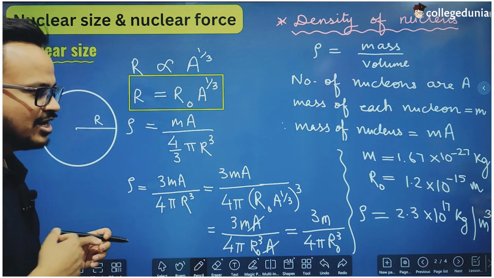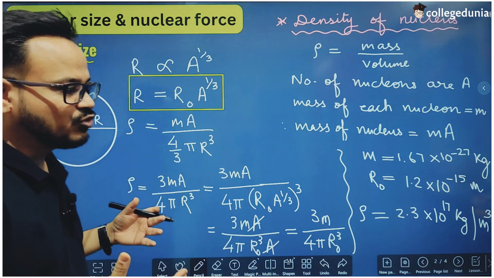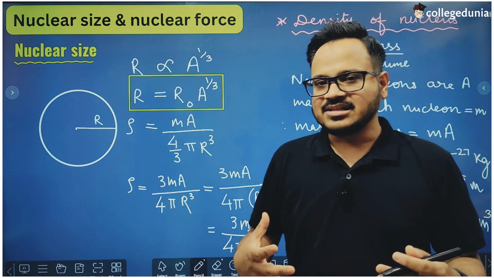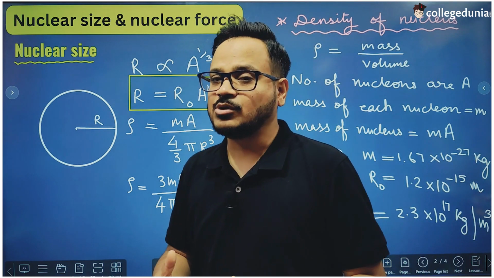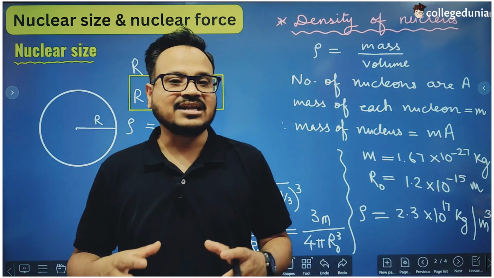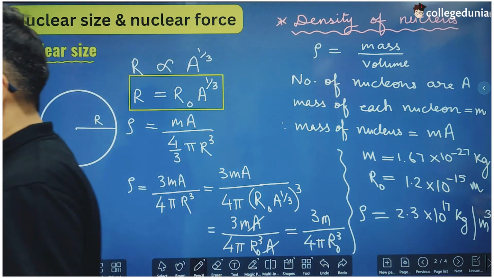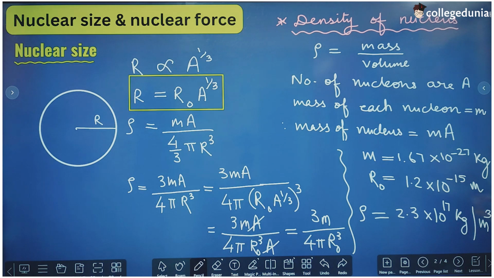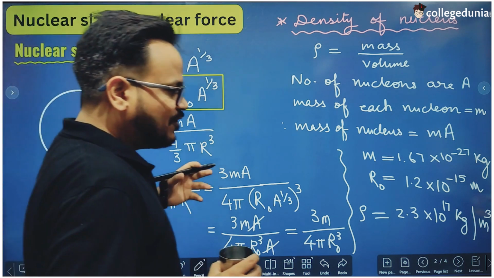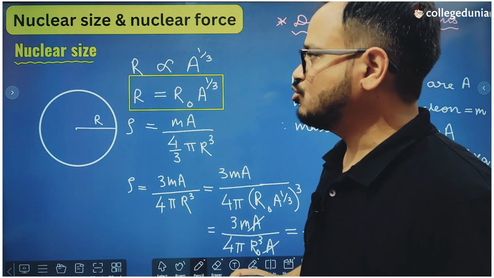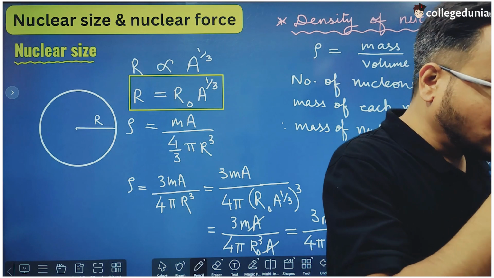That means there should be some other force responsible for the formation of the nucleus other than the electrostatic force, because there is no electrostatic force between proton and neutron, and the electrostatic force between proton and proton is repulsive. Both these conditions are not in favor of forming the nucleus. And yes, we have a force responsible for the formation of the nucleus, and that force is called the nuclear force. It is due to the nuclear force that the nucleus is formed and these nucleons are packed very tightly. We will now study the properties of the nuclear force.